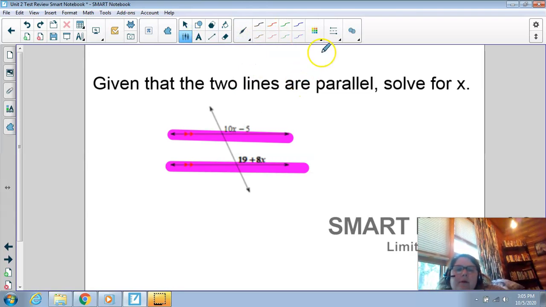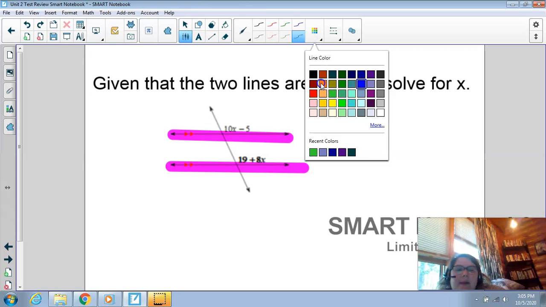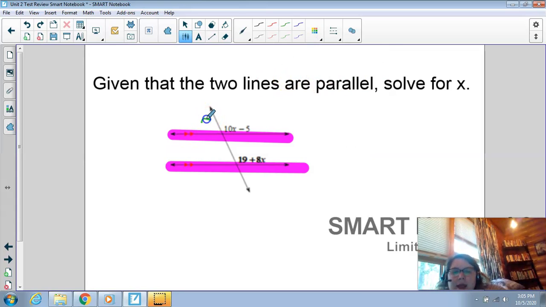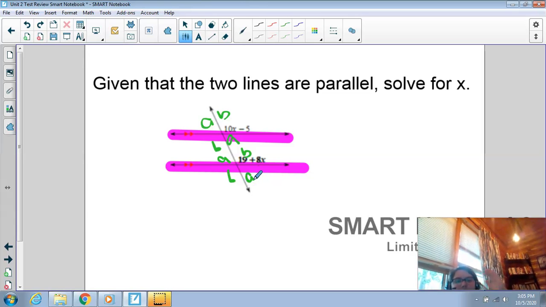If you remember, we have been setting up A's and B's on our graph, okay? So I could label this with an A, a B, an A, a B, an A, a B and an A. Okay? What we're doing here